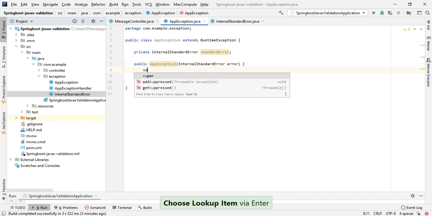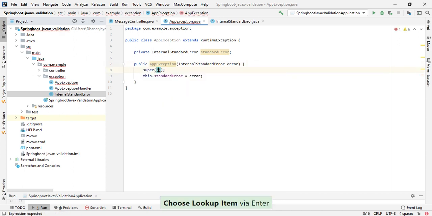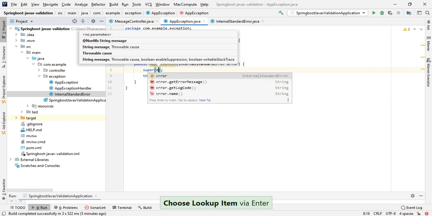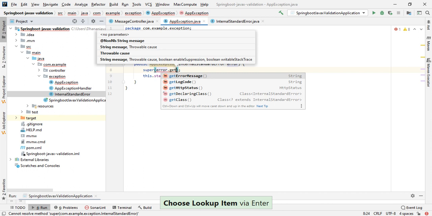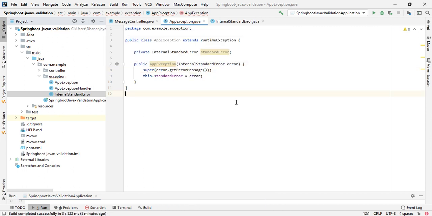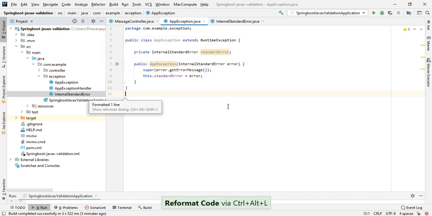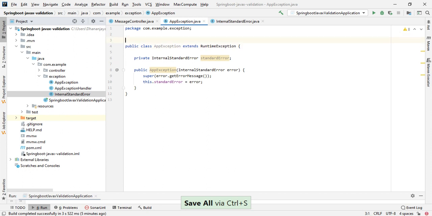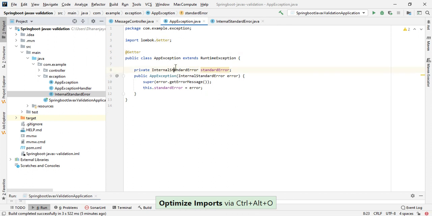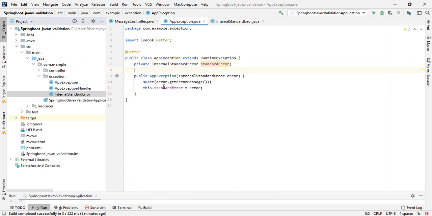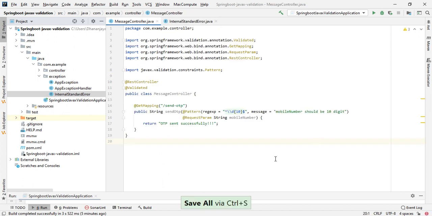I will call the super and I'll pass the error message, error.getErrorMessage. Okay, I'll add a getter here. So that's it. In constructor we are passing InternalStandardError. Okay, let's go to the controller.